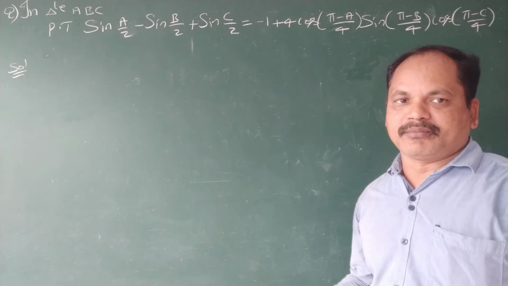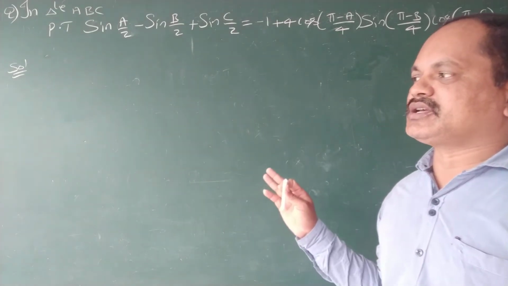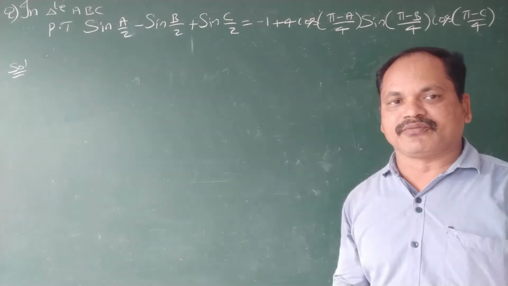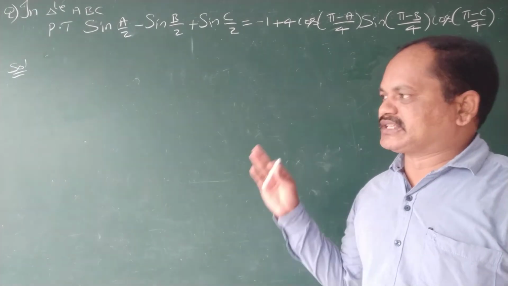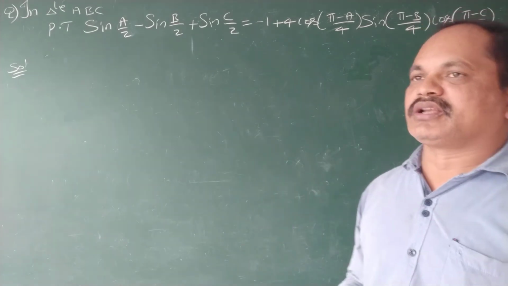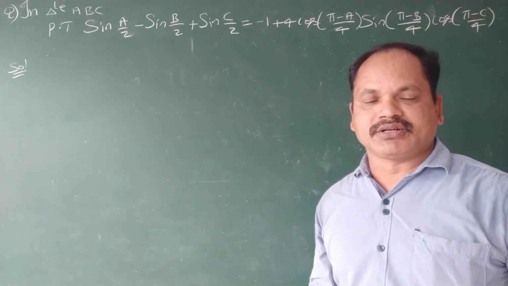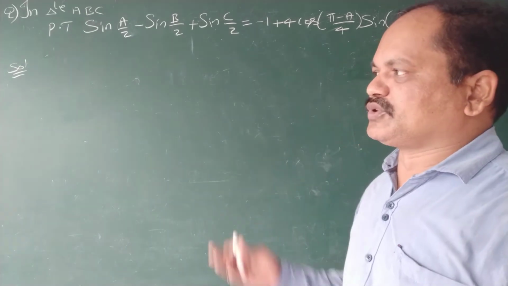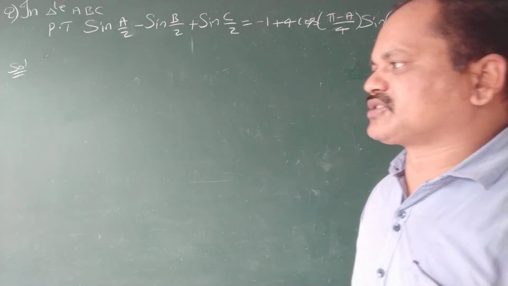Now we are going to method one. Especially this model is very important for the IP board exam for 7 marks. This question and this model is very important for 7 marks in the IP board exam. Okay, now we have to prove this one in two ways. Now the first method,